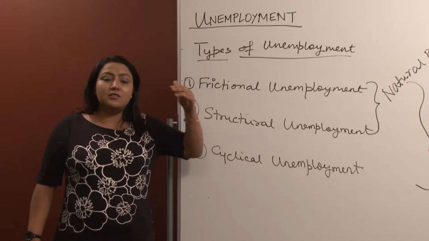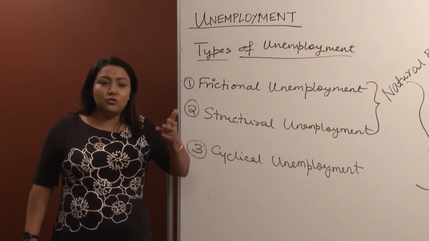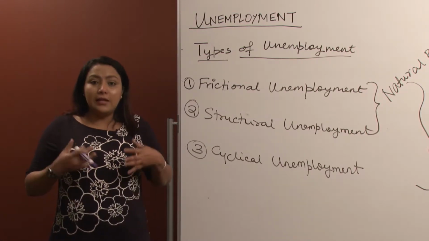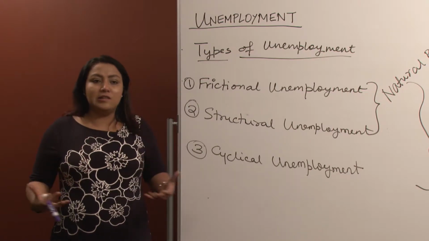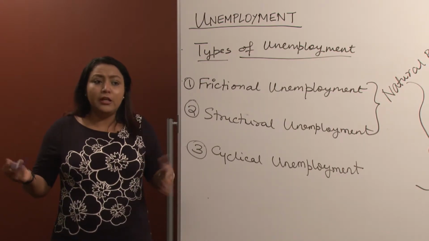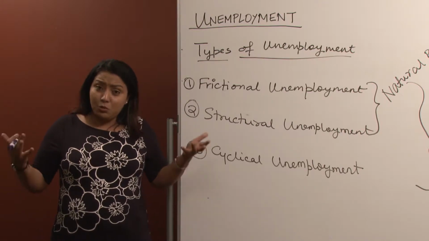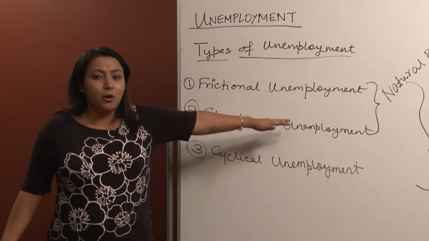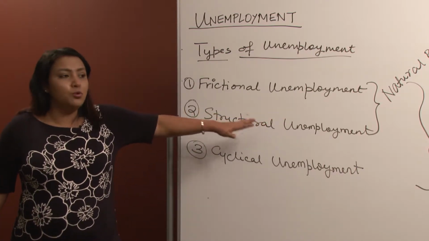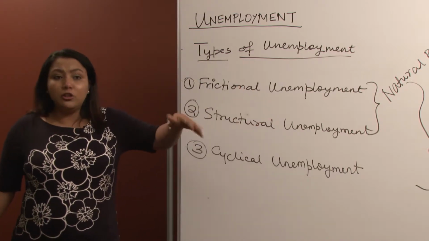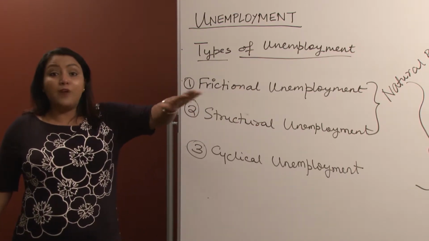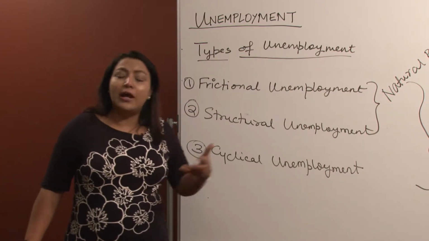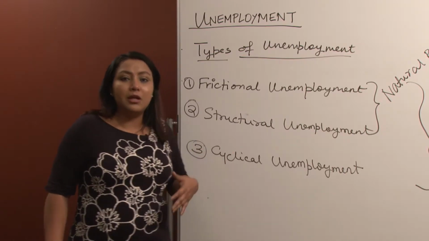So if in the years down the line that happened, if artificial intelligence was able to do all these jobs, like the jobs of doctors, the work of teachers, then all these people who have those skill sets of teaching or performing a surgery, they would find themselves redundant, and a lot of them would probably lose their jobs, and that would be a kind of structural unemployment. So you're not losing your job because you want to change a job, you're not losing your job because there is rampant firing, but you're losing your job because you do not have the required skill set to do that job anymore. You have been replaced by something superior.